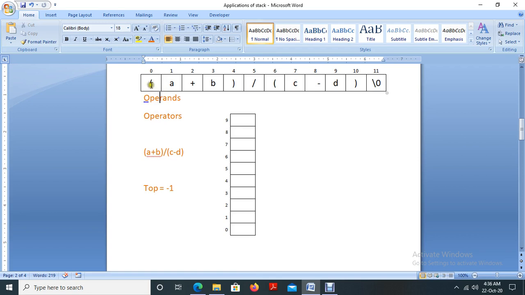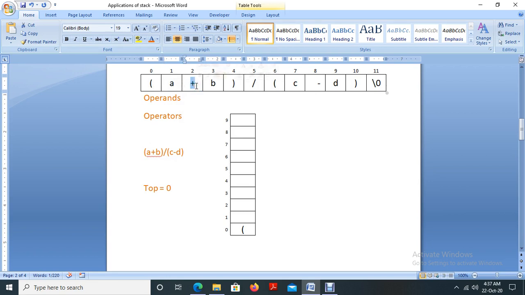So first step, I collected the bracket and verify whether it is a bracket or an operand or an operator. If it is a bracket, then we will insert that bracket into the stack and update the value of top. So top equals 0. Then the next one is A. We will omit operands and operators because we are considering only the parentheses, brackets, square brackets, etc. In this case, A is an operand. We will not consider operands.